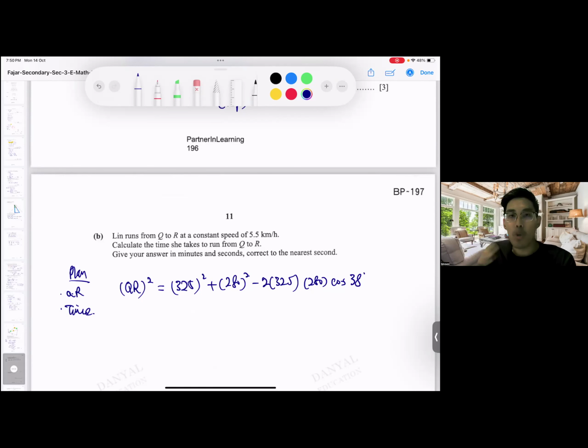But the thing is that the more you memorize, the more you find maths and this subject dreadful, because formulas are not meant for memorizing. Formulas are meant for understanding. So when you understand one, you will know how the others work. Just like this one. When you understand the base form of cosine rule, you will know how the other variations will change already. So don't pressurize yourself. There's no point.